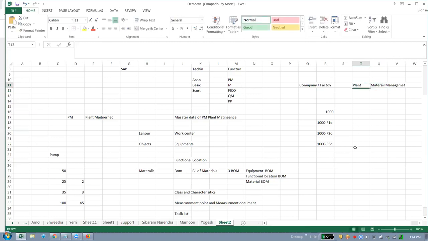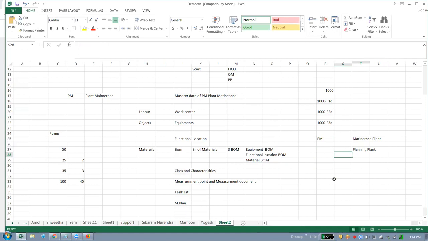Again, this plant is further classified inside the PM module as maintenance plant and planning plant. What is a maintenance plant? What is a planning plant? The maintenance plant is the place where you are going to carry out your maintenance activities.